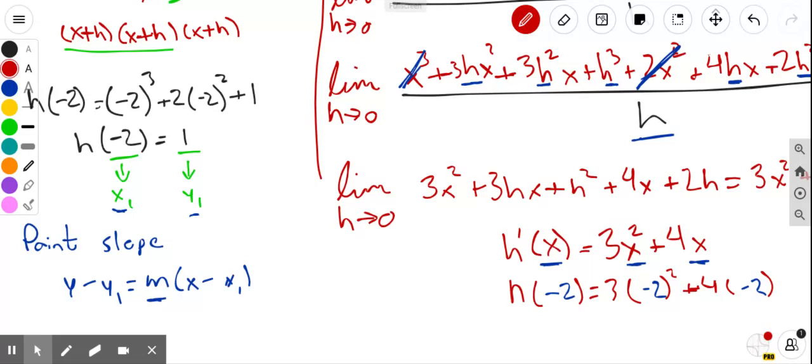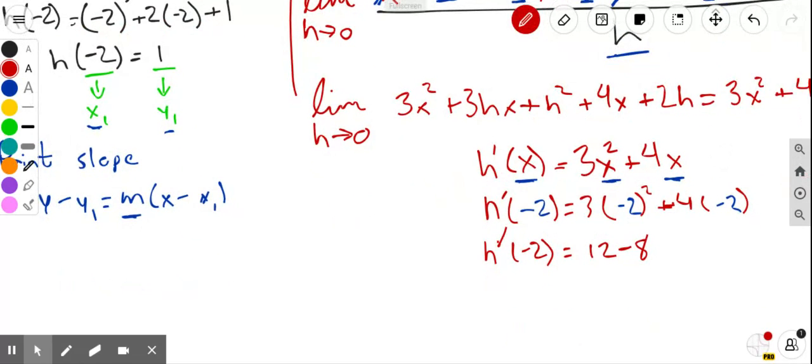Oop, it's prime, don't forget. H prime of negative 2 is 12 minus 8. So just to be super clear, H prime of negative 2 is 4. Okay, so as a result,